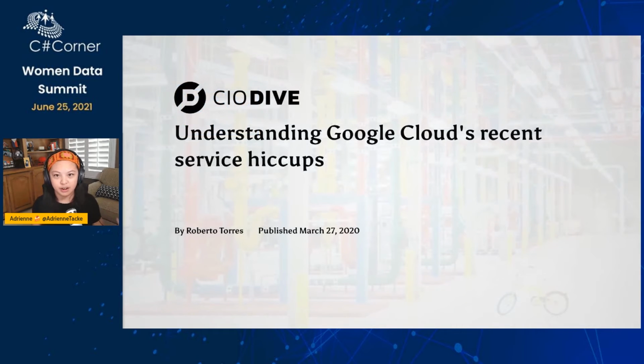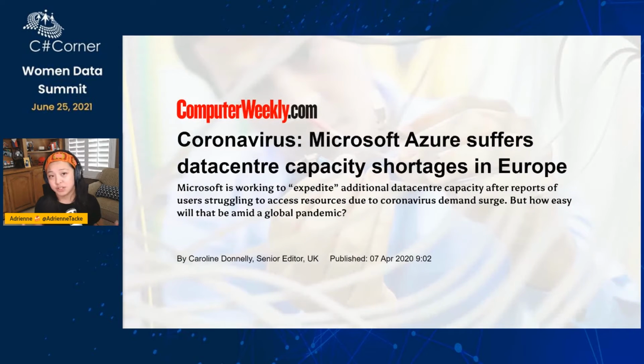And Google Cloud had another one in March of 2020. This time they had a router failure in Atlanta. And then Microsoft Azure also saw some shortages happening with their data centers in Europe, especially when the pandemic hit. When we first started to all go work from home, a lot of bandwidth was being used. We really started to see the limits of what was happening when all of this additional unexpected traffic started to